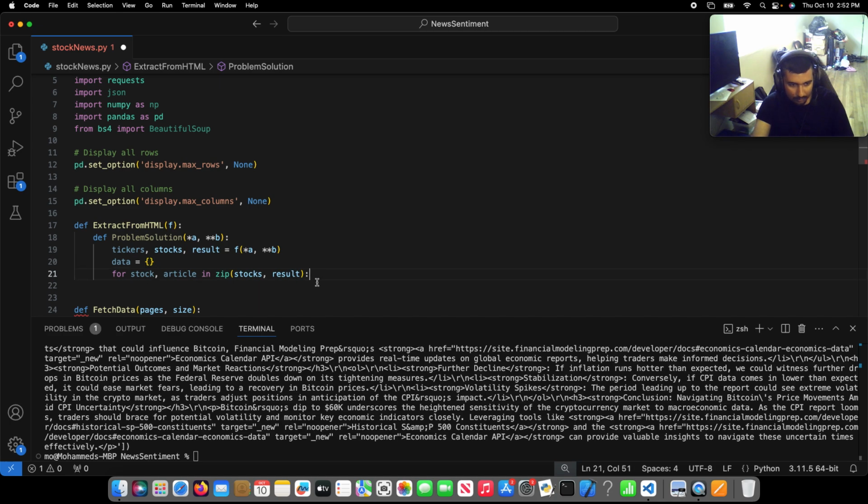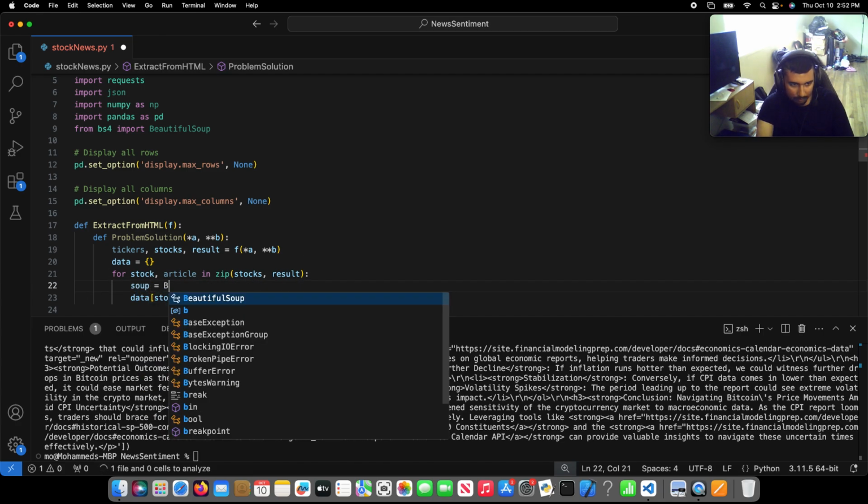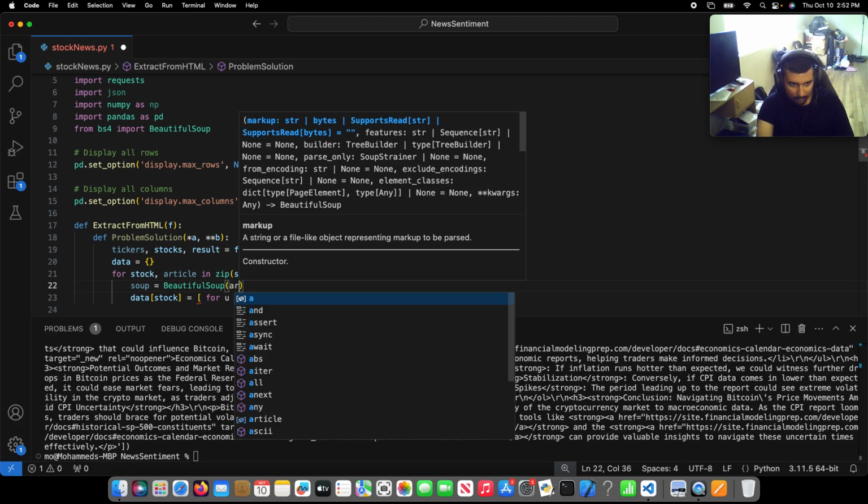So it's going to take in data of stock equals. Oh wait, let me actually do this. I'll do soup equals BeautifulSoup of article